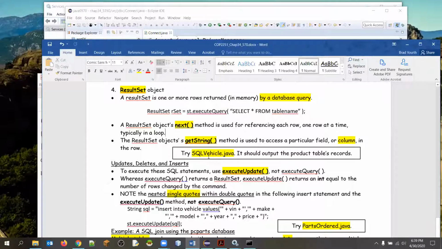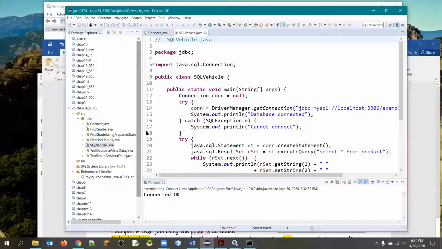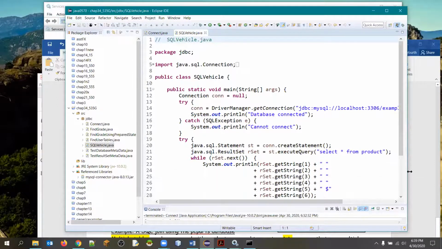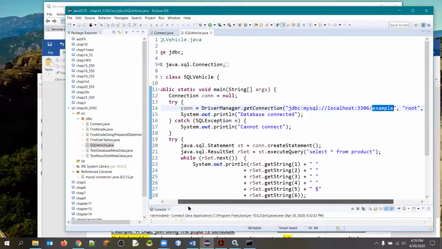So let's see if SQL vehicle works. SQL vehicle. It's another one of our examples here. Here it is. Let's just take a look at it before we run it. And what we've got here is, this time we're still using the example database, and we know that it only has that one table in it called product. So after we connect,